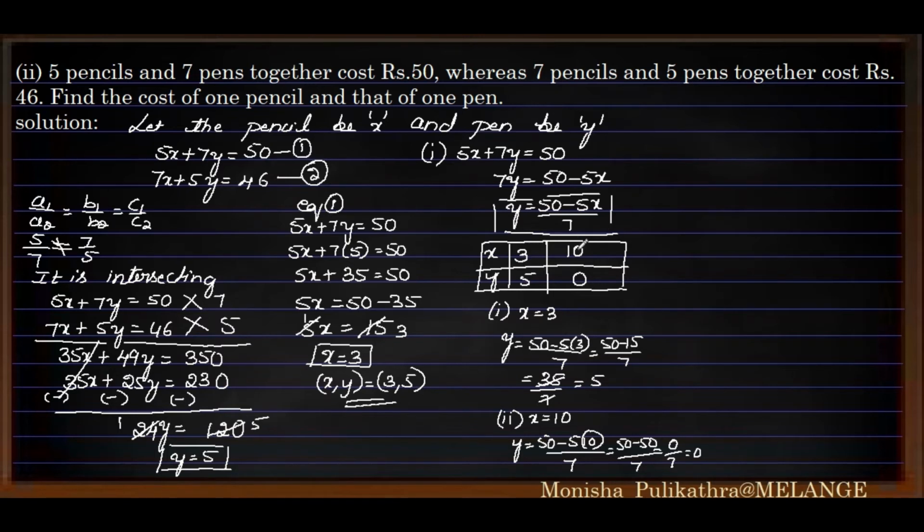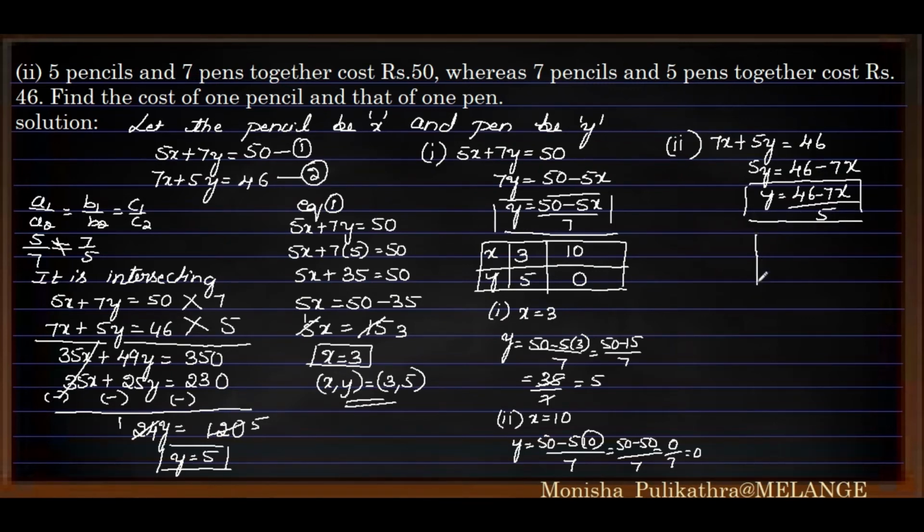Okay. So 2 points is enough for plotting the graph. So write one more equation. The second equation is 7x plus 5y is equal to 46. So again for the y term positive sign is there, so write here itself. So next whatever term is there near to that, you just shift it to the other side. Okay, minus 7x. So y is equal to (46 minus 7x) whole divided by 5. So this is another equation.